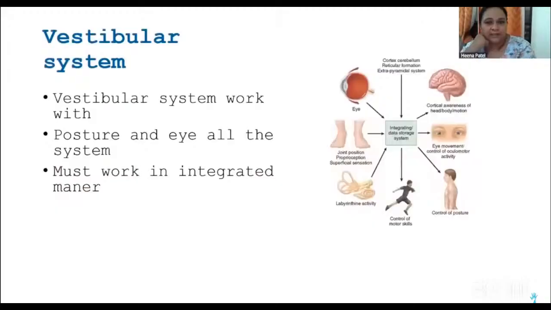And this is the vestibular system, and the vestibular system is needed for balance basically, to run and to actively participate on a physical level. If we do not have proper balance, sometimes it's very difficult for a child to participate in day-to-day activities. And this system is connected with the eyes, a major sensory system. And this is the vestibular system. These two systems must work in an integrated fashion. Then only can we do greater physical activity.